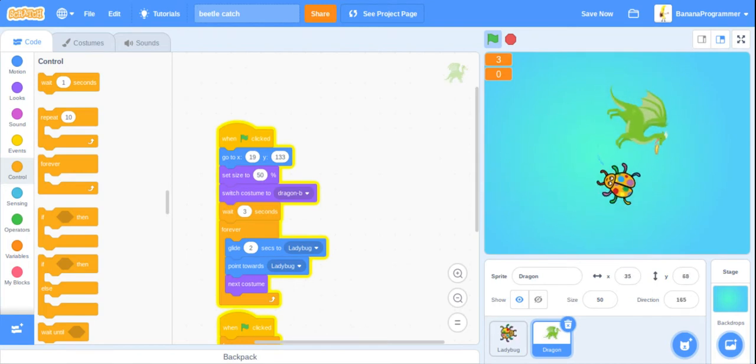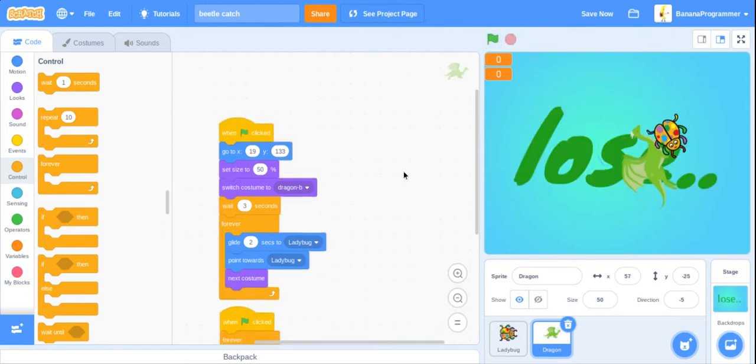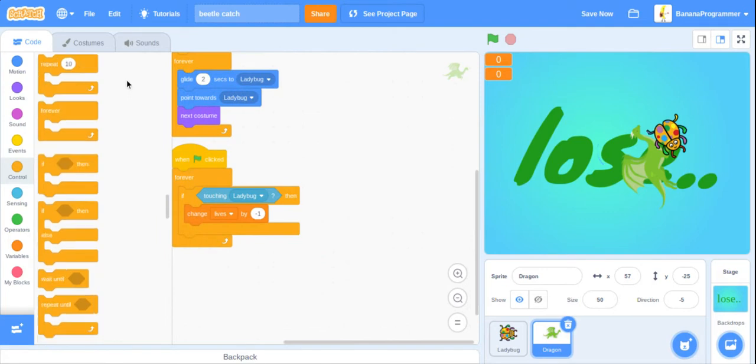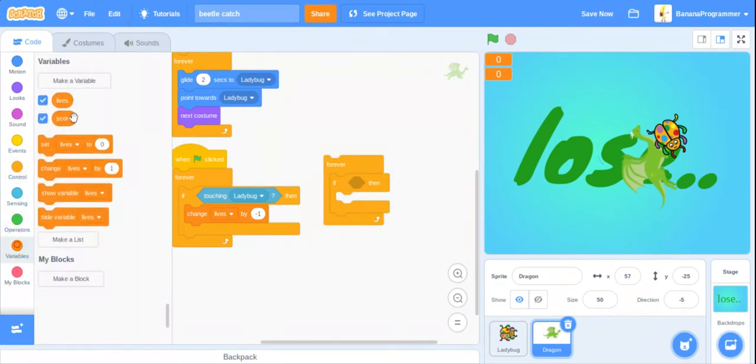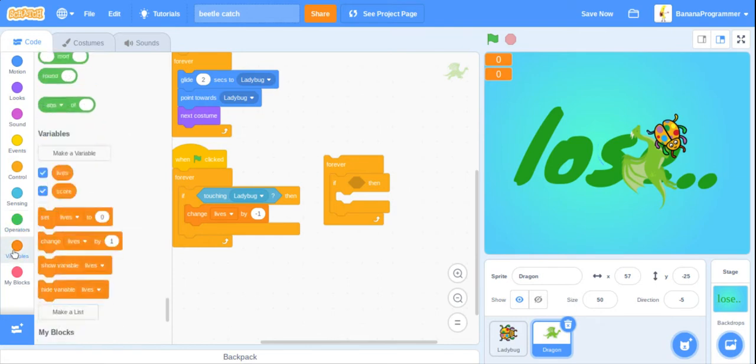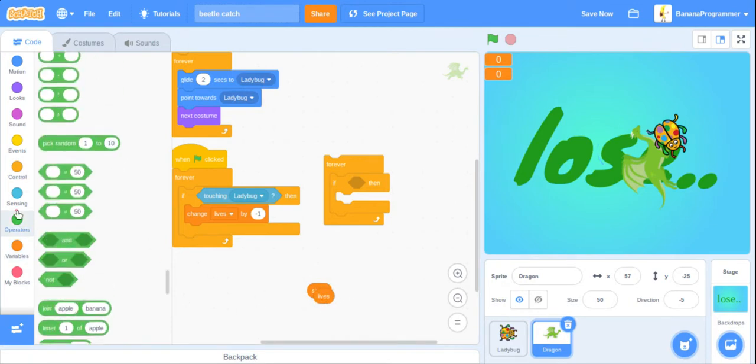Okay, but now the game, we have nothing to change the score by, which is where something else comes in. But first, before anything else happens, we do forever. If then score in lives. Actually, yeah, we can do. Actually, yeah, we need that. Score. Oh, yeah, that's true. We can't do that. Okay, we do if then